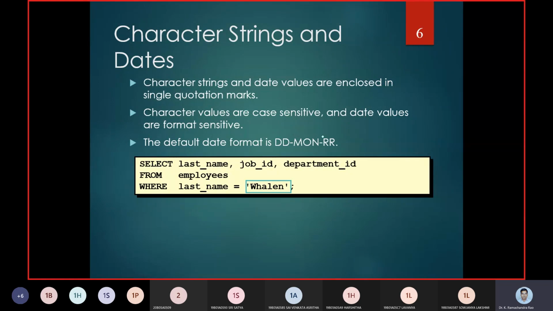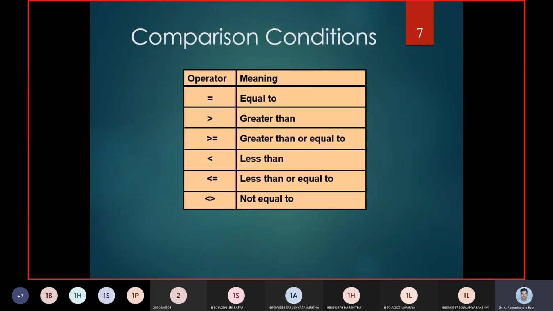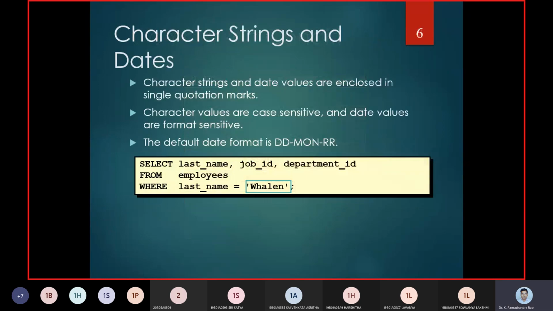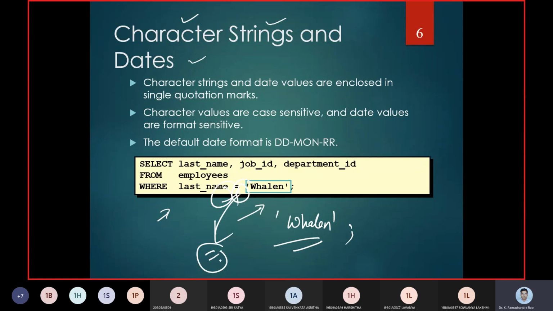Similarly, the WHERE clause can be applicable to characters, strings, and dates. So now you can see that the employee name will be Whalen. Whoever the employee named Whalen is, those rows are going to be displayed. Now we are using equal to here.